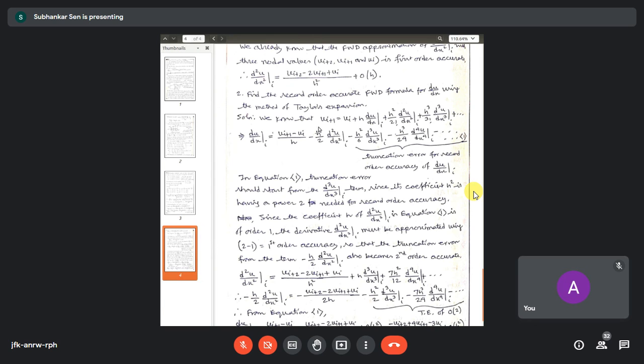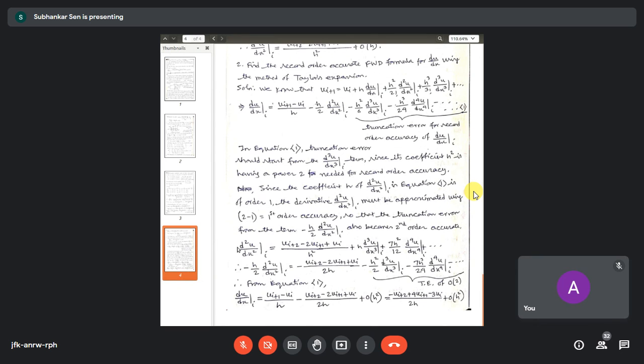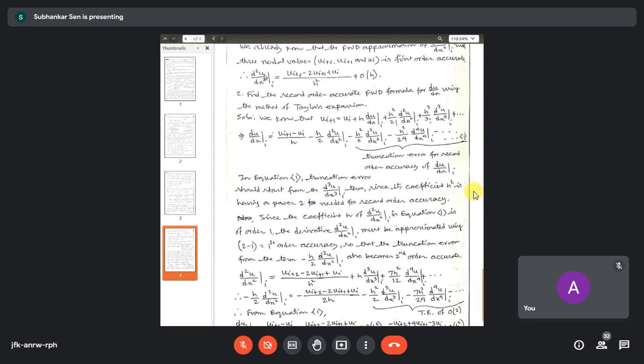To get the second order accuracy, this term you must expand only with first order accuracy. You cannot use it with second order accuracy. So the minimum possible is first order accuracy. When you have this first order accuracy, we have expanded this term here. If we show it, things will be very clear. When we use d2u dx2 as a first order forward difference formula, the truncation error terms are like this.